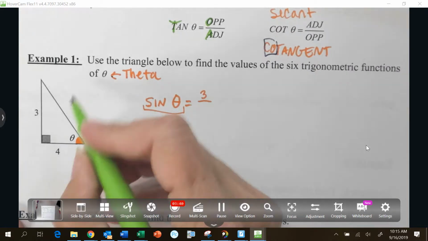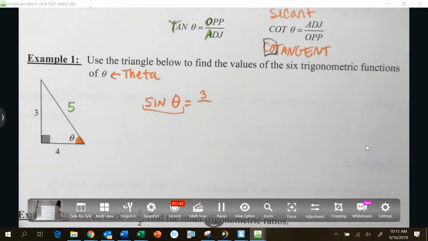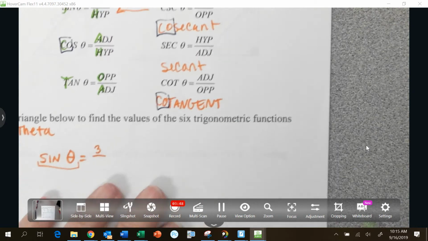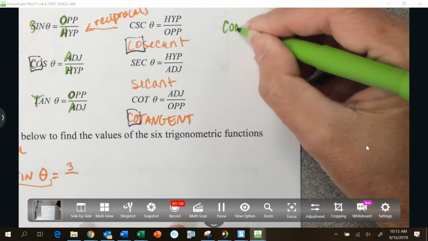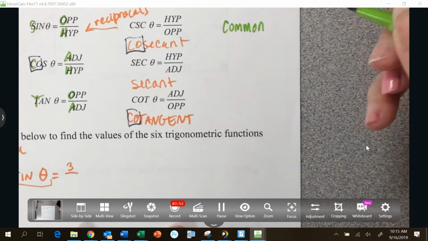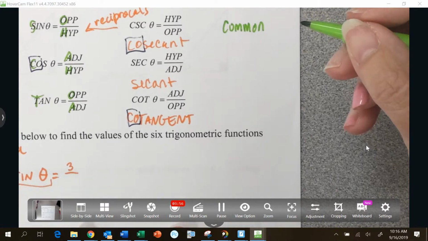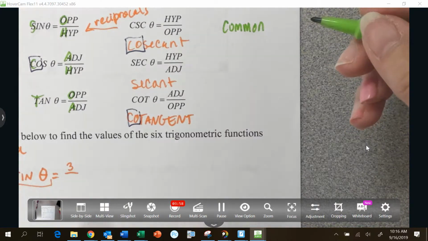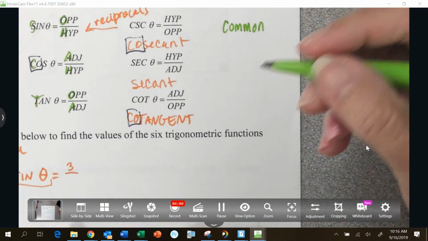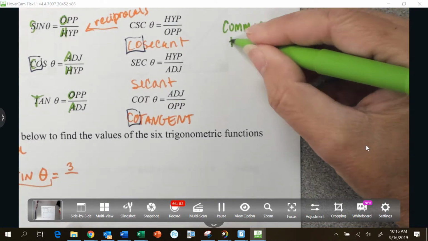Oh. It is a Pythagorean triple, and if you know your triples, you're going to save yourself a lot of time in here. You can make a note off to the side. Here's some common triples. Also, these triples are used all the time on your ACT. So if you know them, and you know the ACT is a timed test, that'll save you a lot of time. So common triples that are used